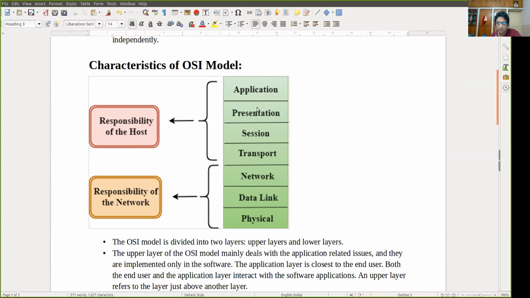Then there is the session layer. The job of the session layer is to establish the session between two computers. Then the transport layer, where the TCP protocol works. UDP is also there, so it is either TCP or UDP. TCP is a reliable, connection-oriented protocol. Next, at the network layer, the IP protocol works, which is connectionless, though you use TCP and IP together to get a better outcome.